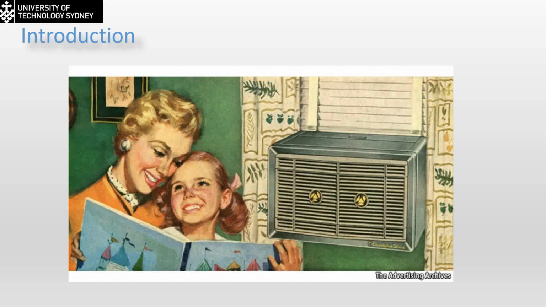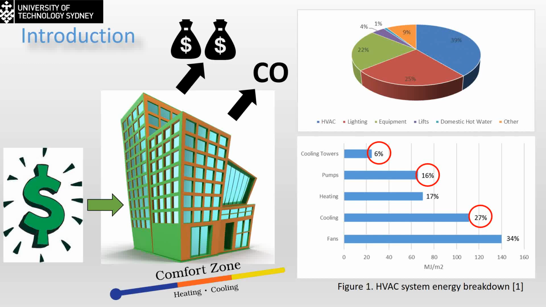But what are the consequences of that? As you're going to cool any building, you're going to spend money on the electricity. You're going to put out exhaust air, and this will be generating CO2 and spending money. 40% of the energy for commercial buildings is actually spent on the HVAC system, that is the chiller, the pumps, and the cooling towers. That's too much. We're talking about hundreds of thousands of megajoules per square meter.